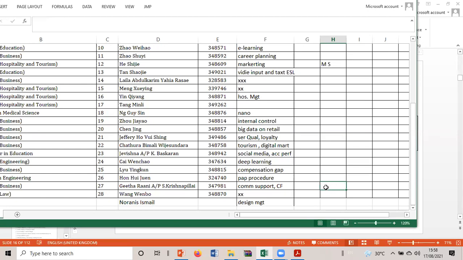Sustainability of what? What's the area here? It's community support, right? Gita, are you there? Can you hear me? Yes, I can hear you. Go ahead. Crowdfunding as a sustainability factor, and also the community support towards World Heritage Sites.